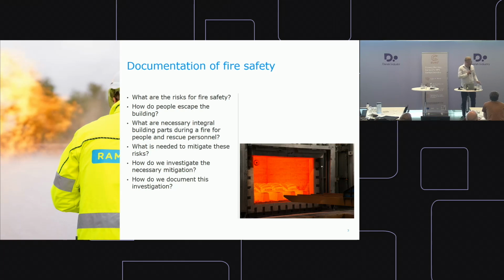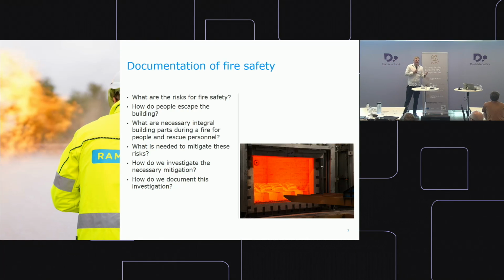So when we find how to make a fire safe building, we could use standard solutions where we just get the fire installations from the sizes of the rooms or the occupants of the rooms. For example, if you're over 150 people in one fire compartment, you would need some escape signs.